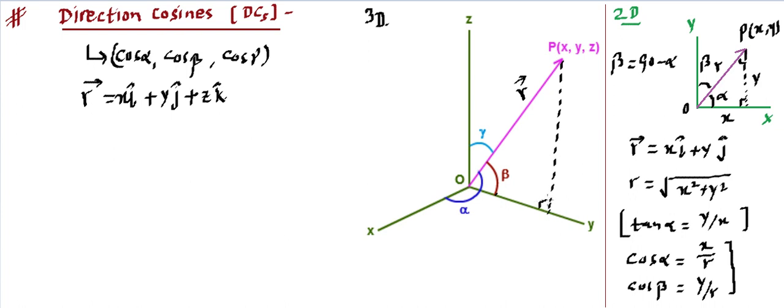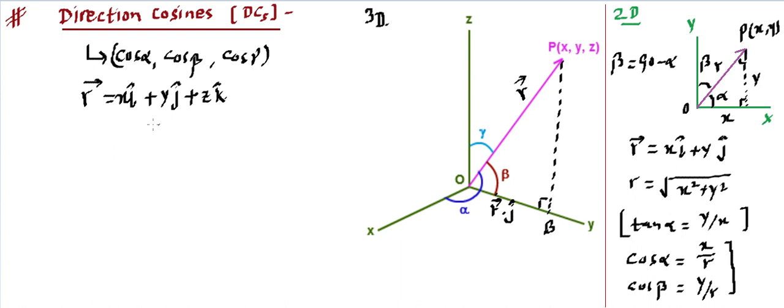So if I draw this on the y-axis, then you'll find this becomes a right angle triangle. In this right angle triangle, let's say this falls on the point, let's call this point B. So this OB is going to be the projection of R in the direction of y-axis. So basically this will become the projection of R vector in the direction of y. So if I write directly, this will be equal to the projection of R in the direction of y, that means j cap. So R dot j cap.